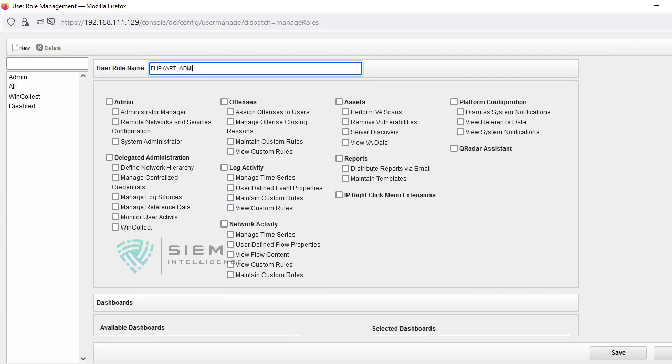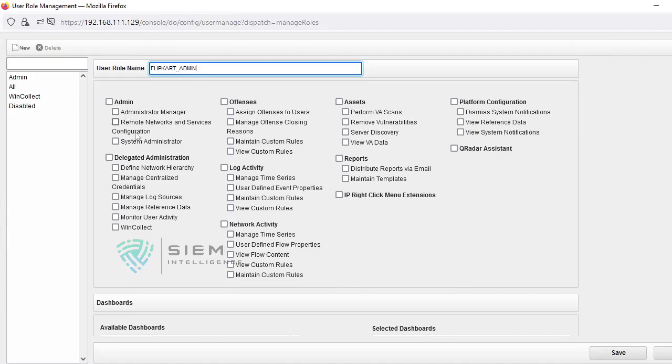I'm creating a Flipkart admin role. See, once we are giving some user role, we have to give two levels: one is for administration of your QRadar for Flipkart, as well as he can touch some of the things of your activity. At the same point of time, the Flipkart admin should also have a facility to create users for himself, for their organization. There is a facility available. That's the reason I am creating the Flipkart admin role first of all, where he can do administration.